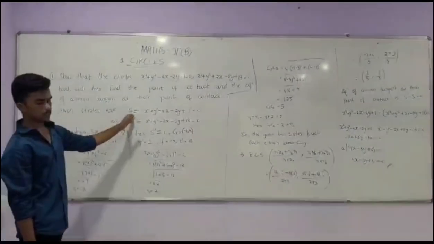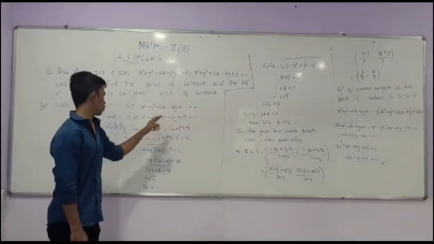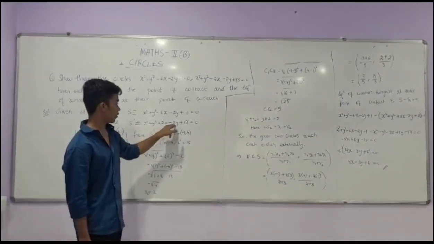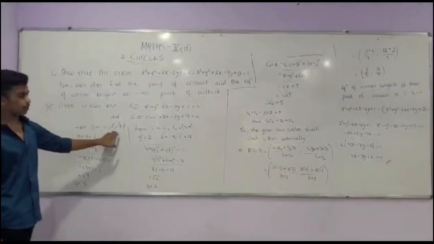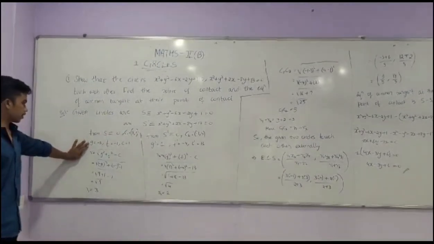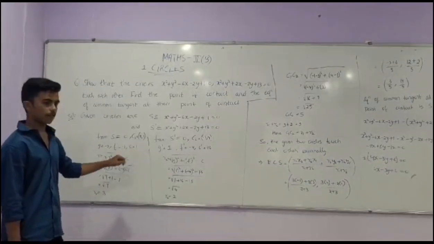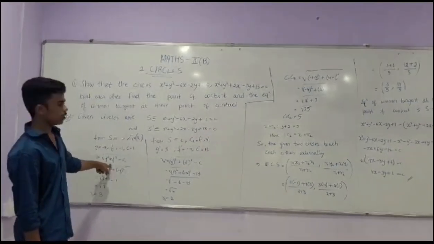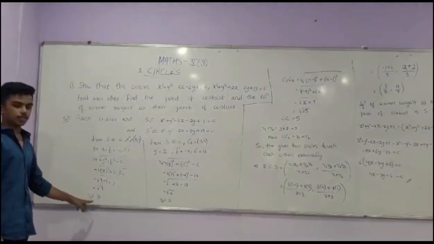Given circles are S is equal to x square plus y square minus 6x minus 2y plus 1 is equal to 0 and S dash is equal to x square plus y square plus 2x minus 8y plus 13 is equal to 0. So from the first circle equation we get center C1 is equal to (3, 1) and we also get g, f and c values. They are minus 3, minus 1 and 1. So we know the formula of radius, that is under root g square plus f square minus c. After substituting the values of g, f and c, we get r1 as root 9, that is 3.